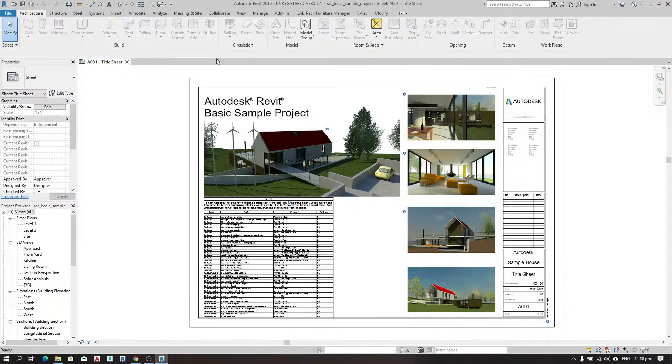When you open, you see the interface and it brings the Autodesk basic sample project sheet here, which shows all the elements or the renderings of the building that have been placed on the title block. So now what you need to do is